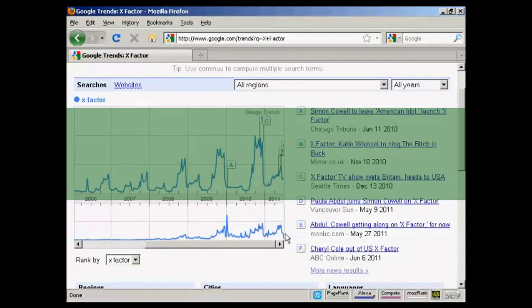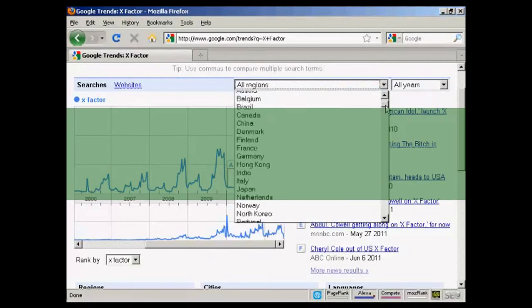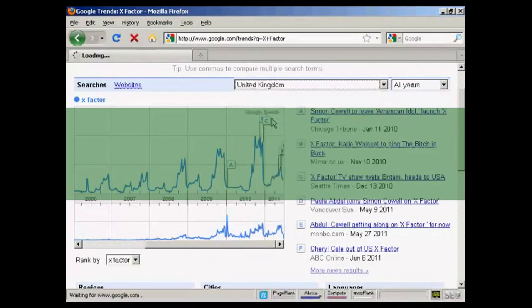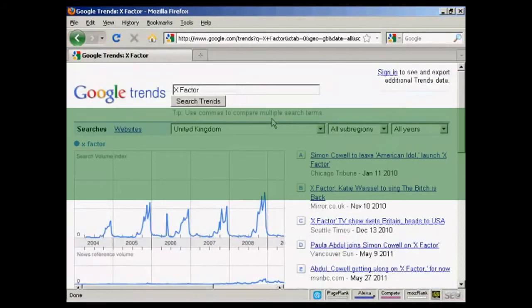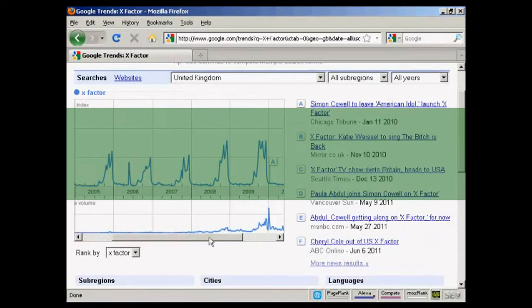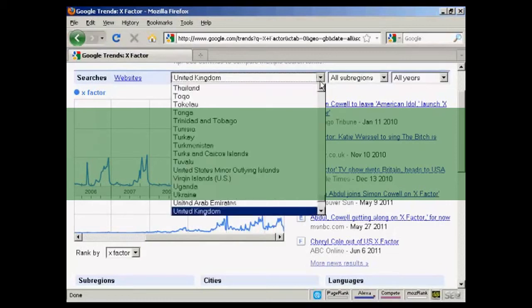And you can drill down here by region as well, because let's say we look at the UK, where the X Factor has been running for many years, and you can see here search volume goes up fairly regularly, and then you've got more news items and so on here. But if we switch that to the United States,